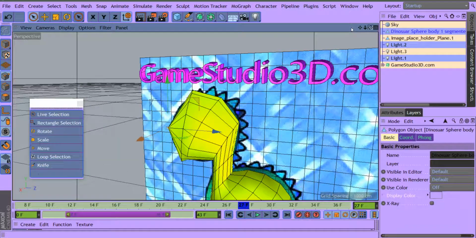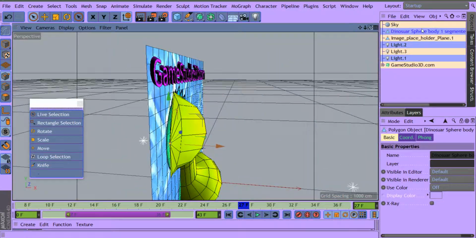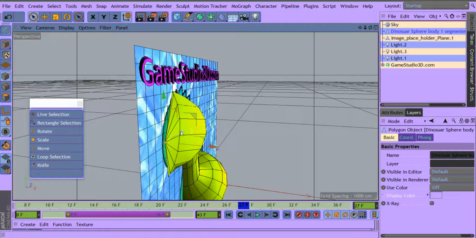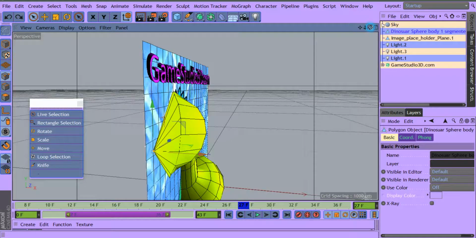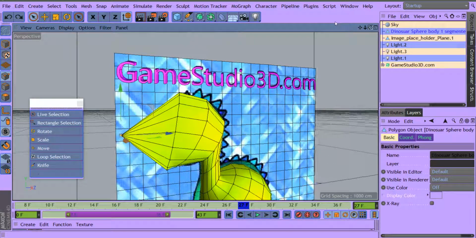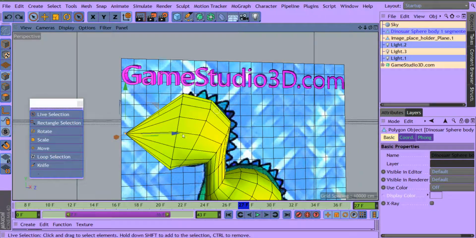But I'm pretty sure that the Z is normally back and forward, and then the X is side to side. So I'm going to undo that because I wanted that to stay right there. Smooth, lined up there. Okay, so I'm just going to pull this out a little bit,